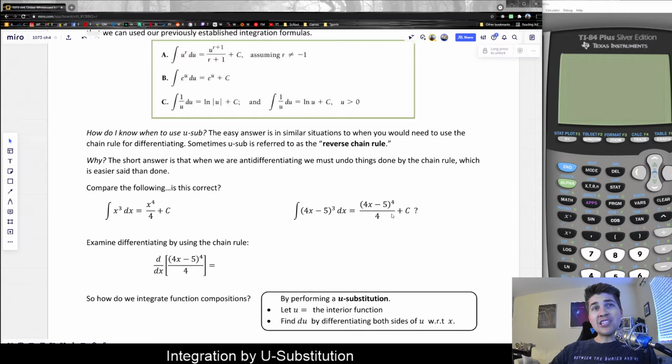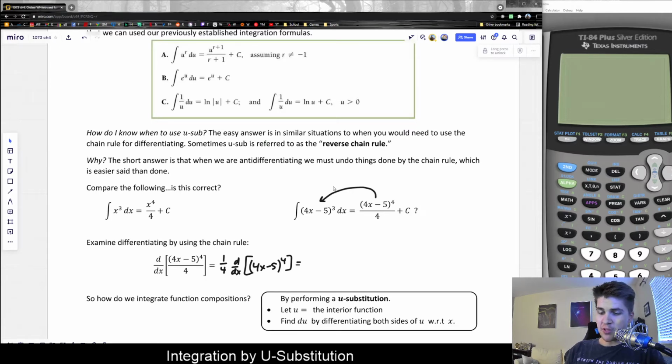Well, we could quickly check to see if this makes sense by taking the derivative of this, right? And as I was teaching you guys antiderivatives, one of the most important things to remember when you're taking an antiderivative is to check yourself. If I take the derivative of my answer, does it return back to where I started? And in this particular case, well, the 1/4 won't affect the derivative, so we could factor that coefficient out first. And then in order to differentiate 4x minus 5 to the 4th power, I could multiply all that out, but